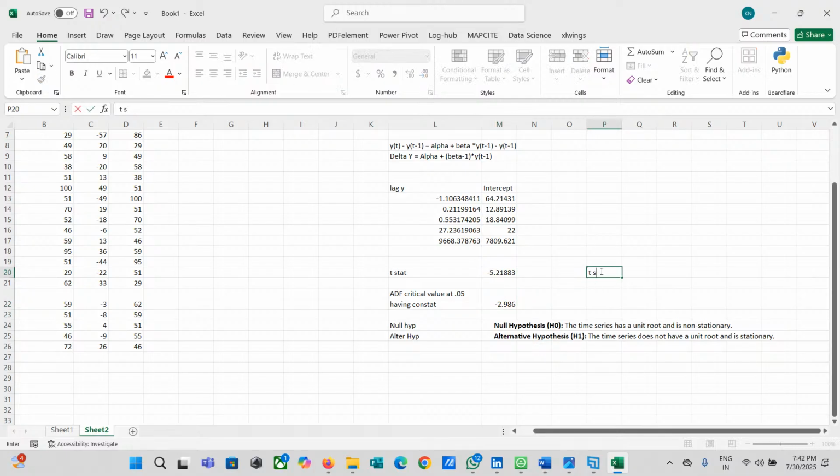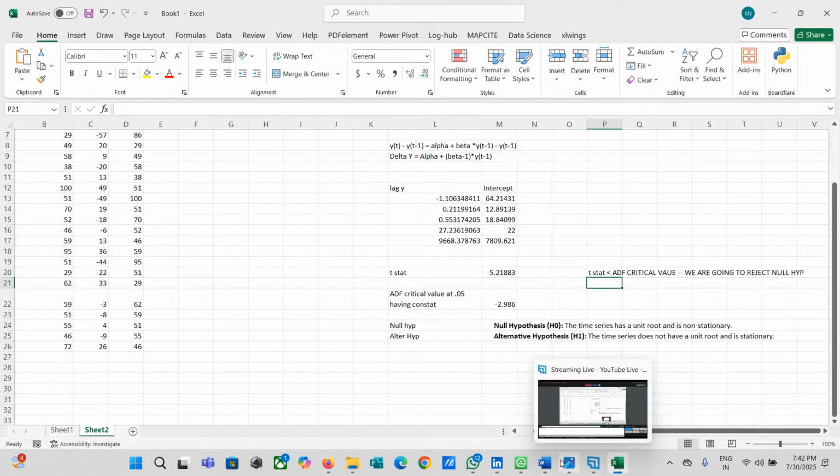If the t-stat is less than the ADF critical value, we are going to reject the null hypothesis.